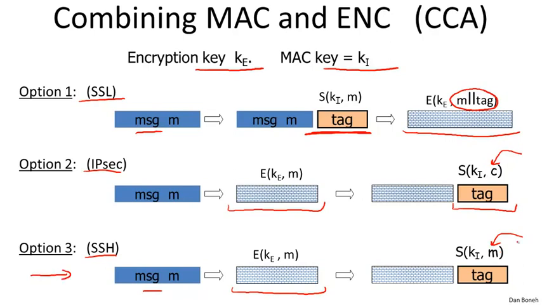In the SSH method, you notice that the tag is computed on the message and then concatenated in the clear to the ciphertext. Now this is actually quite a problem because MACs themselves are not designed to provide confidentiality. MACs are only designed for integrity. In fact, there's nothing wrong with a MAC that as part of the tag outputs a few bits of the plaintext, a few bits of the message M. That would be a perfectly fine tag. And yet if we did that, that would completely break CPA security here because some bits of the message are leaked in the ciphertext.